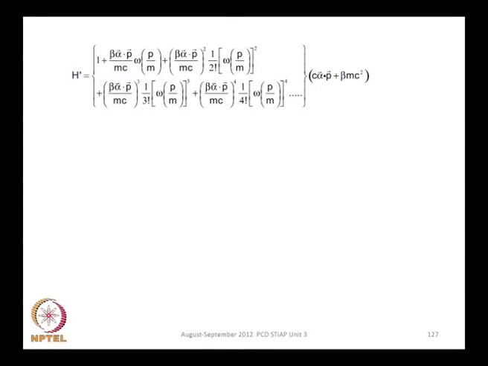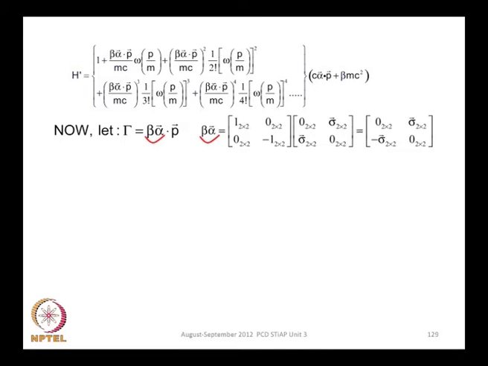We bring this term to the top of this slide, and now to analyze this it is useful to introduce beta alpha dot p to be equal to gamma, and then look at the form of this gamma. So, beta alpha we can find out exactly what it is. Beta is this matrix, alpha is this matrix. So, beta alpha is this matrix operator. All that we have done is to use the matrix multiplication property,